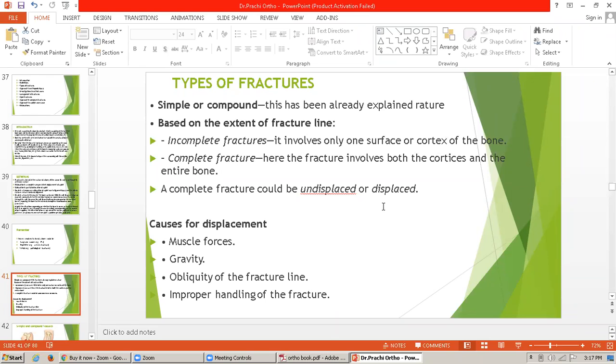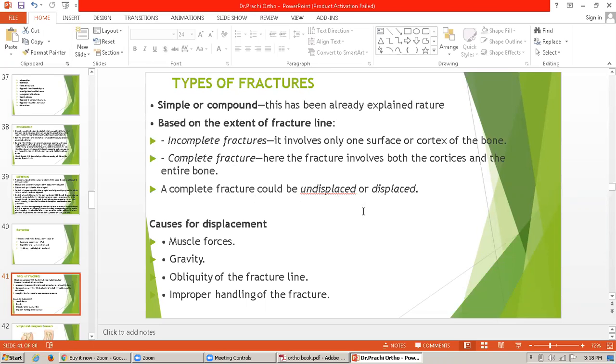Incomplete fracture is defined in its name: it is incomplete. Only one surface or the cortex of the bone is involved. In the complete fracture, the fracture involves both the cortices and the entire bone. So a complete fracture is one where both cortices are involved, and a complete fracture